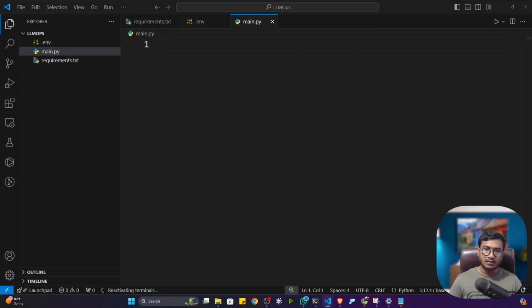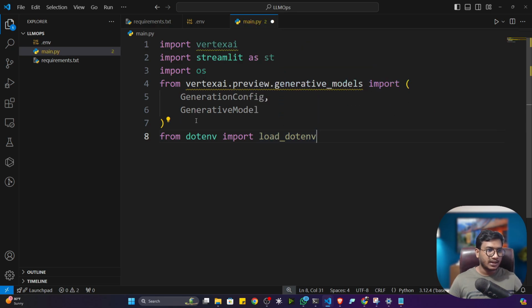Now let's create the main.py. First of all, let's import all the necessary libraries. These are the libraries I need, guys. I remember I was also importing them in my Colab Enterprise. So Vertex AI, then Streamlit I need for the user interface. Then I'm also importing some necessary functions from the Vertex AI preview generative models. So I need GenerationConfig and GenerativeModel, and dotenv I need because I want to load this